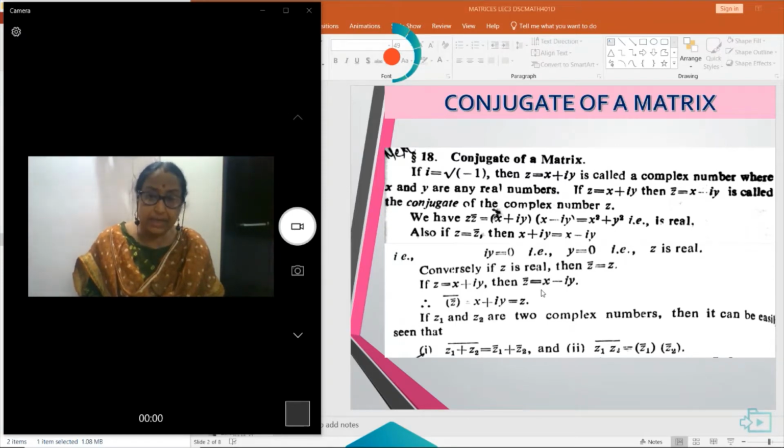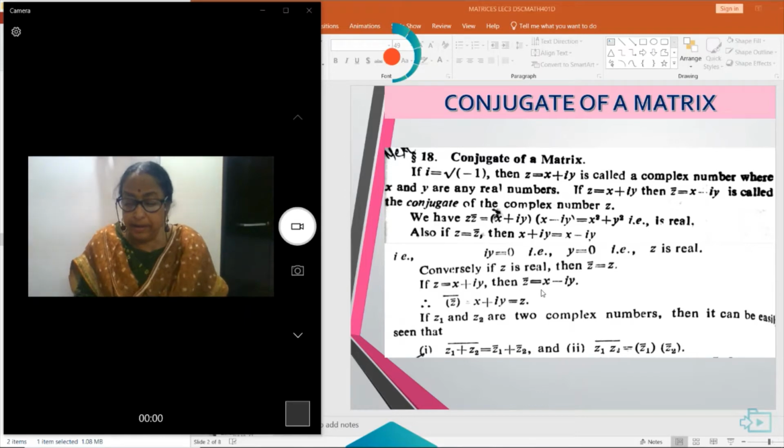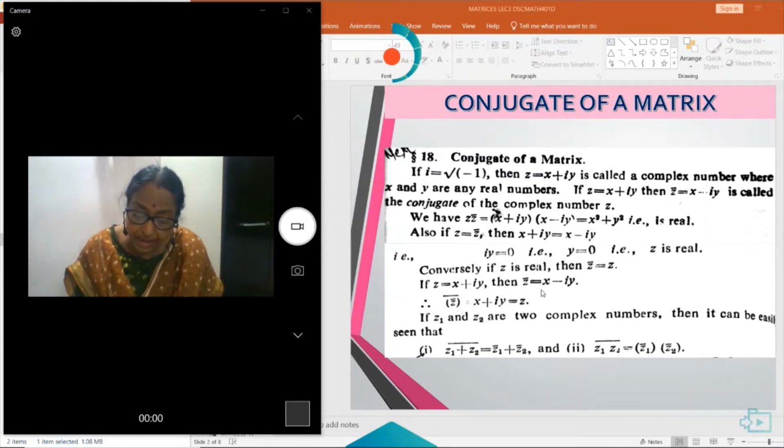And if z is equal to z bar, that is x plus iy is equal to x minus iy, then iy is equal to 0, that is y is equal to 0, so z is real. Conversely, if z is real, then z bar is equal to z. If z is equal to x plus iy, then z bar is equal to x minus iy, which is equal to x plus iy, equal to z. So also,